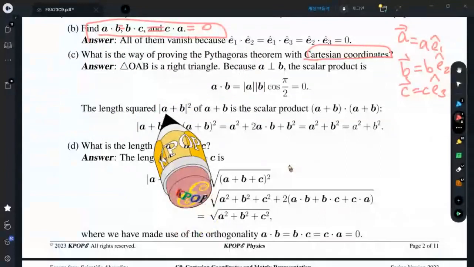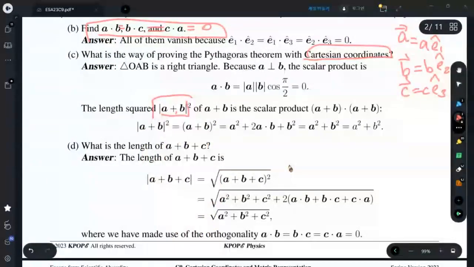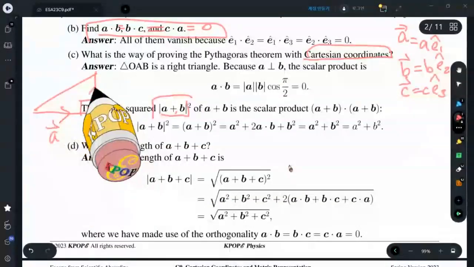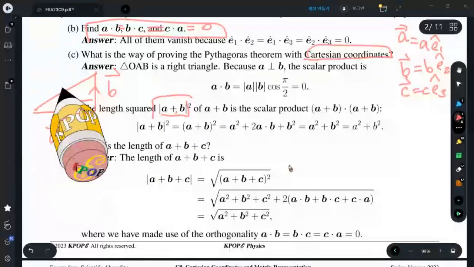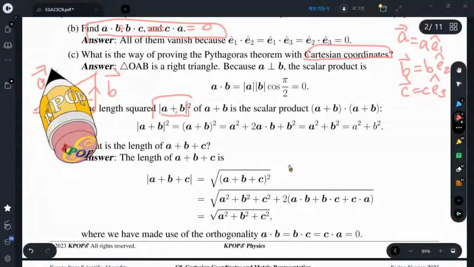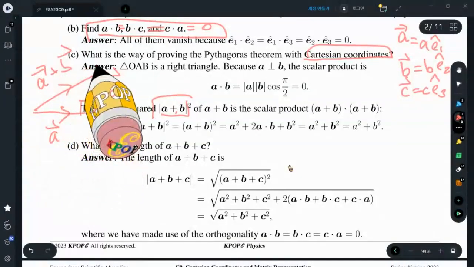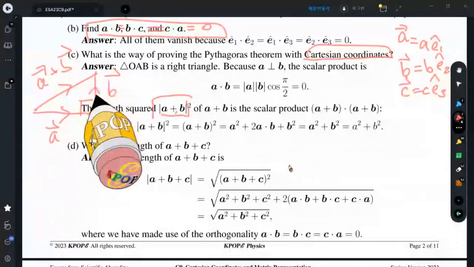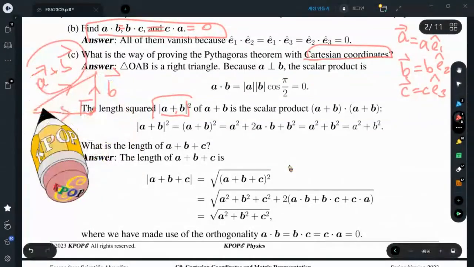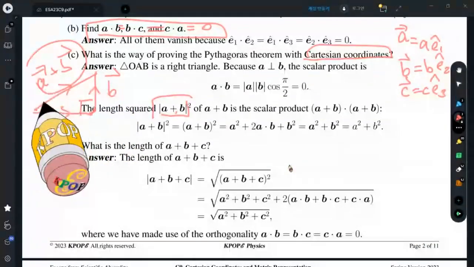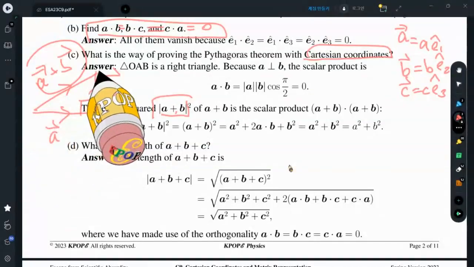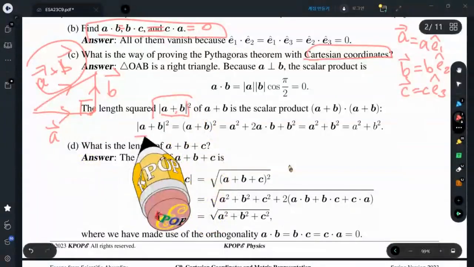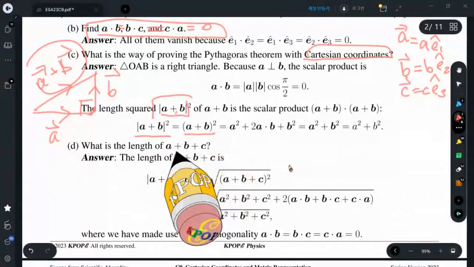Why don't we compute the absolute value of A plus B squared? A and B are perpendicular to each other. And this is the A plus B vector. They are connected, head of A and tail of B. So this is the diagonal, the hypotenuse of this right triangle, so A plus B squared can be computed as a scalar product of A